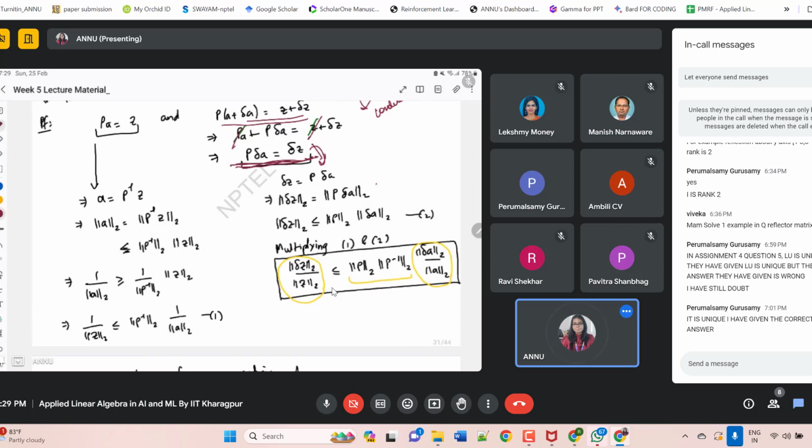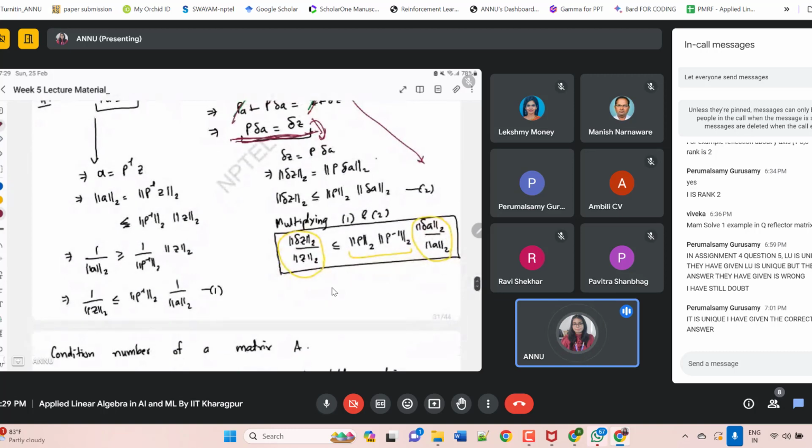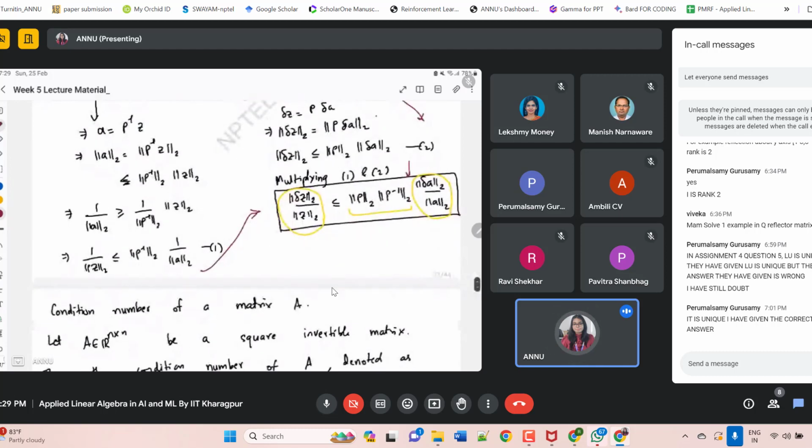And in fact, the submultiplicative property also comes from the Cauchy-Schwarz inequality. So the norm of AB is less than or equal to the norm of A times the norm of B. Again, this proof is given by Cauchy-Schwarz. That's why I was getting confused, but you can directly use this submultiplicative property as corrected. So this is giving these things, and similarly this is giving these things. If you just represent it, you will get this particular thing.